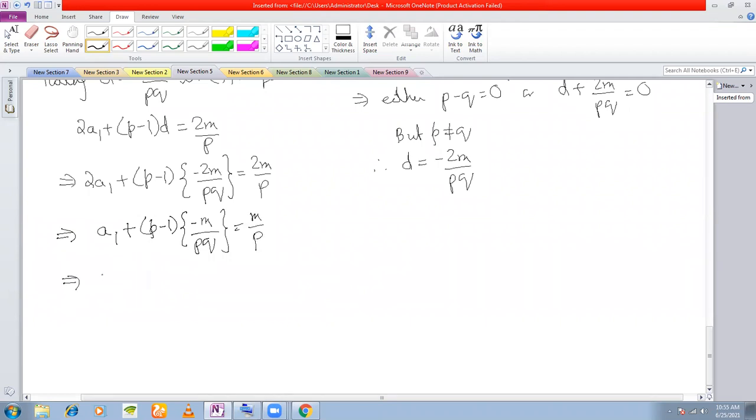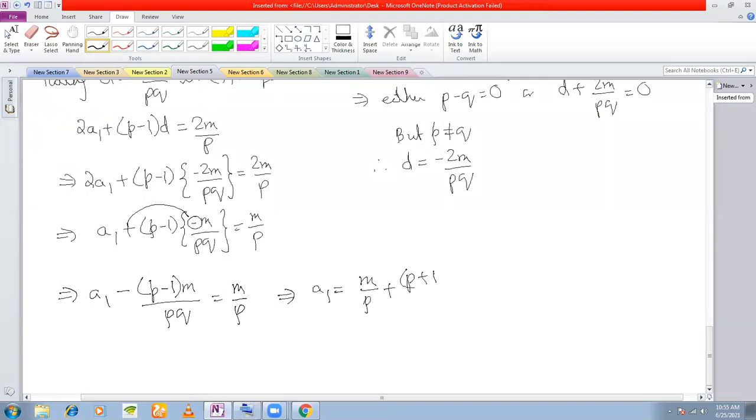That means you get A1 is equal to m by P minus, let me convert this to a negative sign, then I will take it to the other side. That means this is A1, because this minus sign here will combine with this plus sign to give you a minus sign. P minus 1 into m by PQ is equal to m by P. So that in the next step you have A1 is equal to m by P plus P plus 1 into